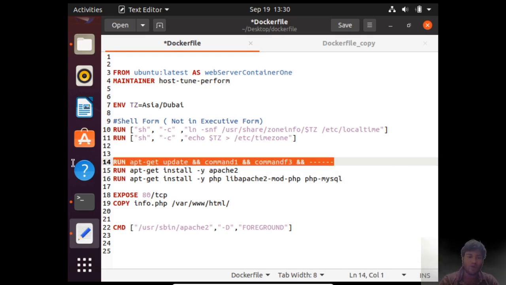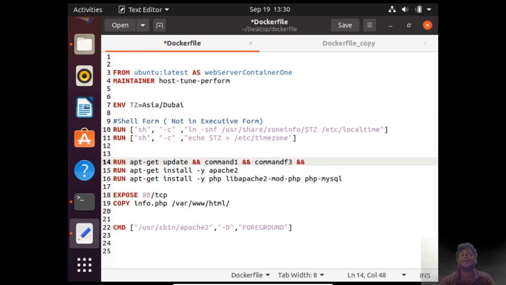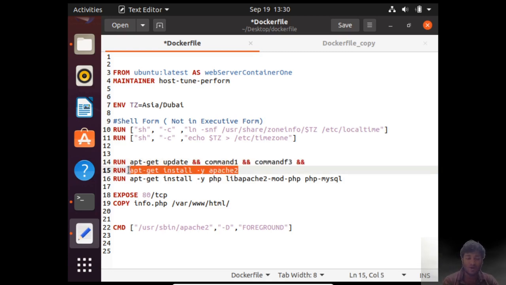What is the purpose? When we put these together in one line, a single temporary container is formed, all these commands are run, and then that temporary container is removed and it is passed on to the new image. But if we mention all of them on separate lines, each of them will have a temporary container of its own. This is how we shrink the image.